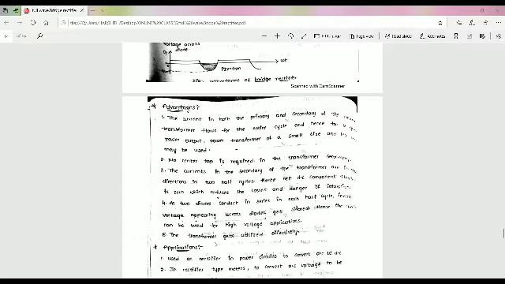PIV rating of the diodes. The reverse voltage appearing across the reverse biased diodes is 2 ESM, but 2 diodes are sharing it. Hence PIV rating of the diode is ESM and not 2 ESM as in the case of the full wave rectifier. Okay, so the bridge rectifier is very important. Full wave and bridge rectifiers are very important from the examination point of view.